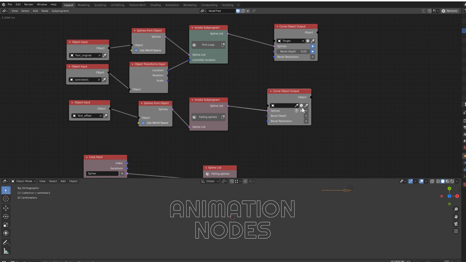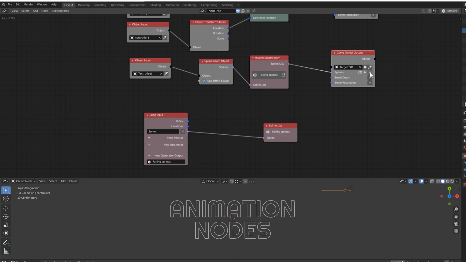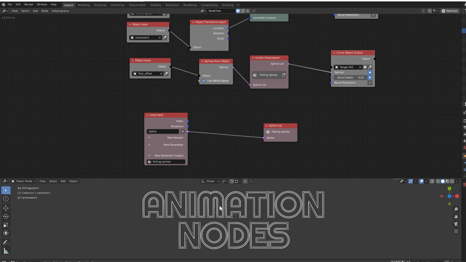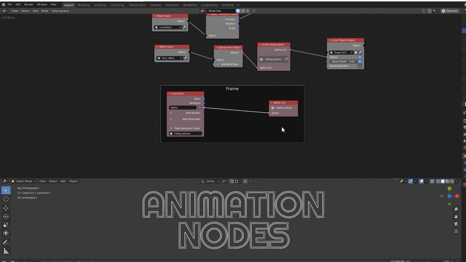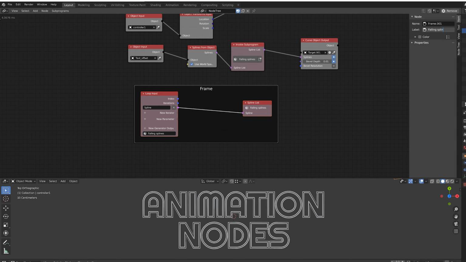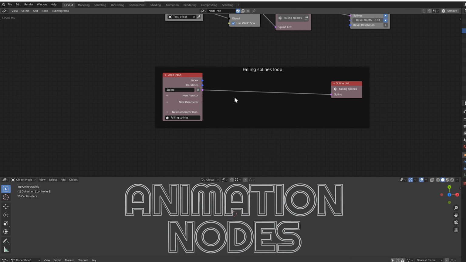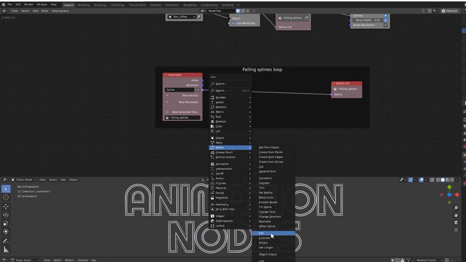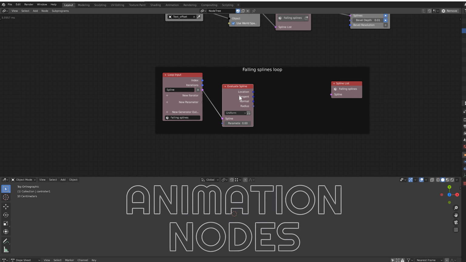And connect this there. Make another target object, and enable splines and bevel depth. So now we have the outlines also visible, and these outlines are going to become the falling splines. Let's add a frame for these. Falling splines loop. So the idea with this loop is to convert the spline into a bunch of vector points,